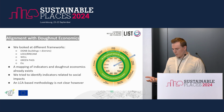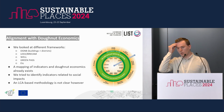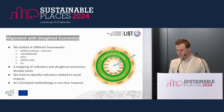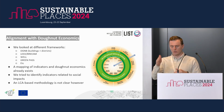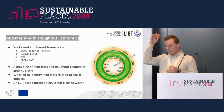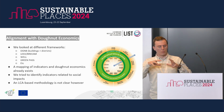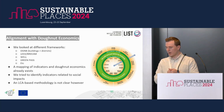So then we took a different approach. We zoomed out a little bit and we looked towards donut economics. I don't know if any of you or many of you are familiar with this. And we tried to look at the ecological ceiling and social foundations, so trying to meet the social needs while not exceeding the carbon footprint, doing these interventions. And donut, however, is still a little bit high level. We had scoping on smaller districts, and we looked into certain design